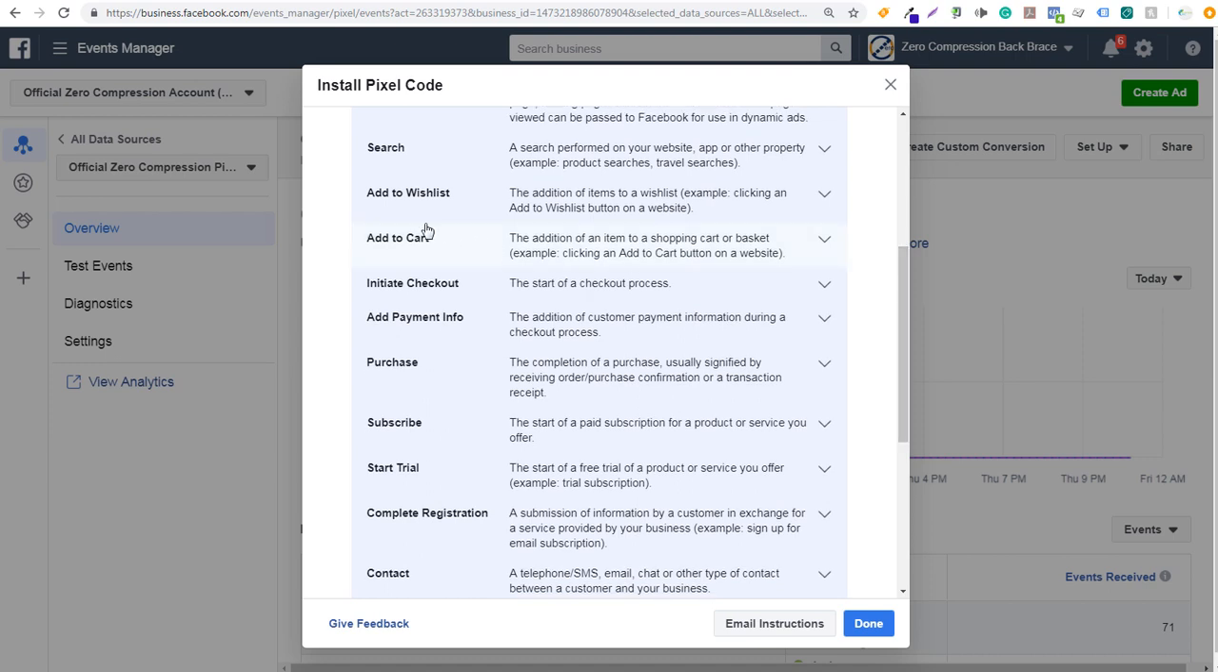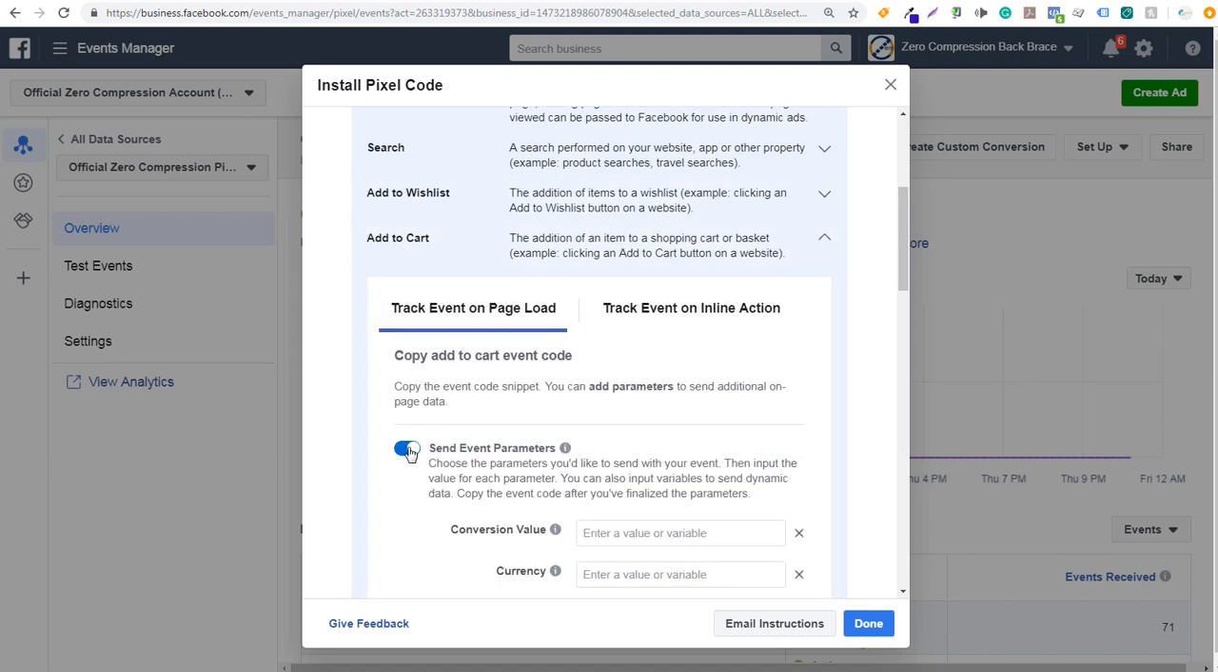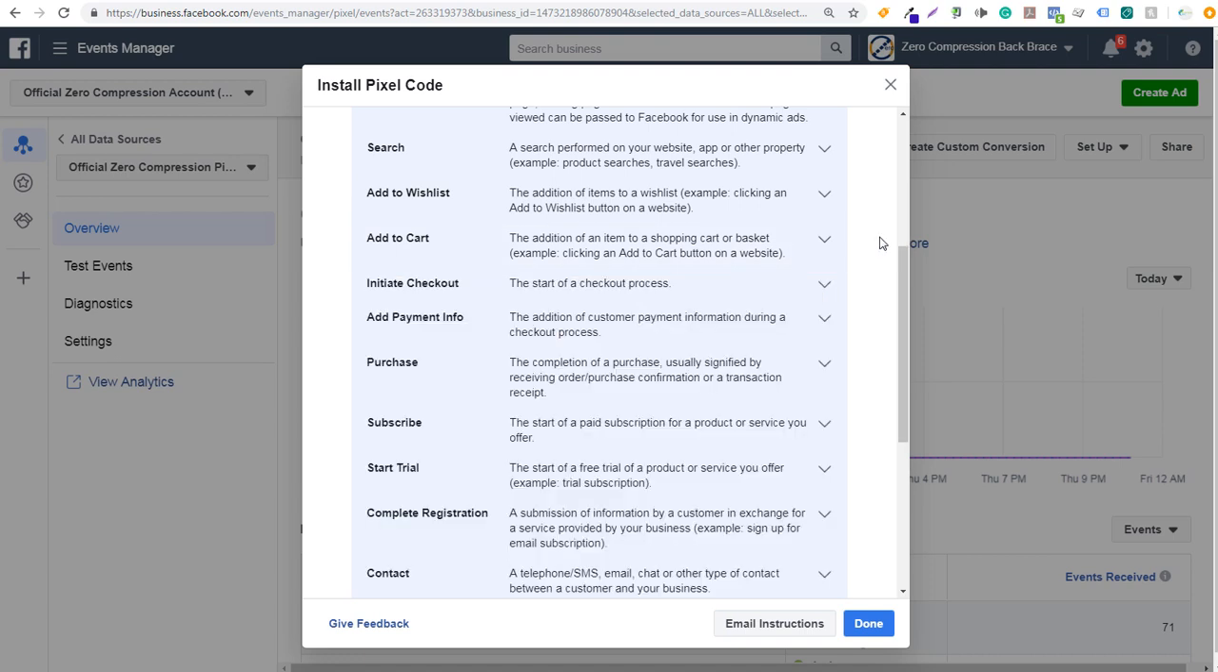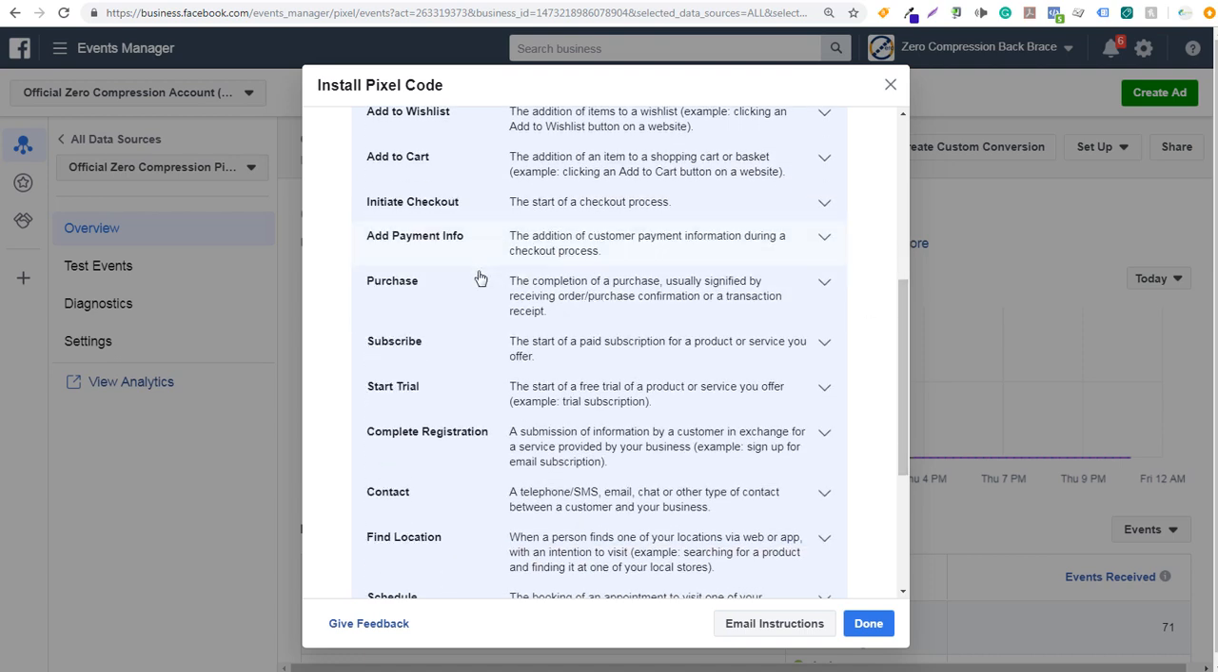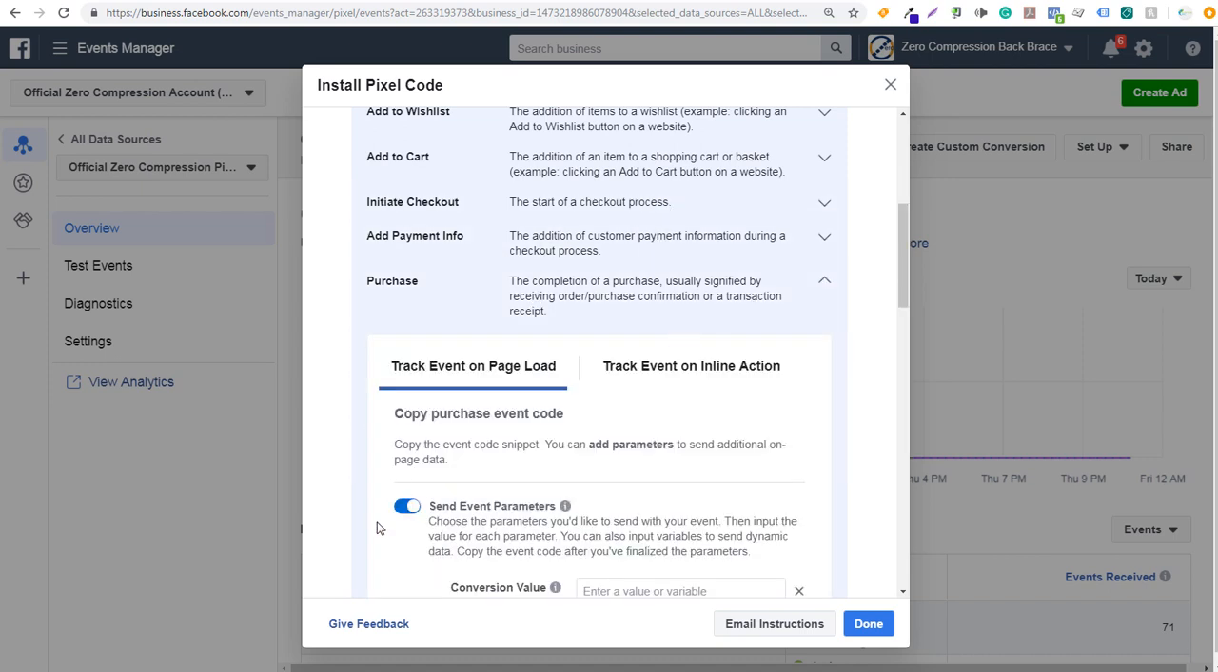Now we're going to come down here a little bit. You can make sure you do add to cart. Now the most important thing to do here, so you just click on send event parameters, and that's it. And then we're going to come down a little bit more. The main thing you want to do is purchase. So you can do all of these if you want to, but the main thing you want to do is